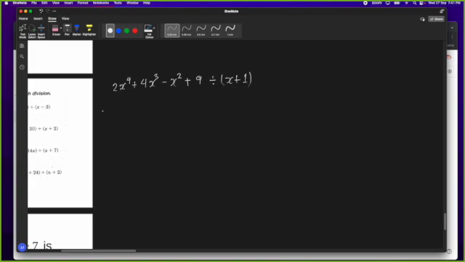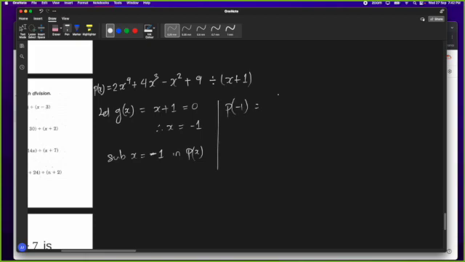time. So what I will do is let g of x equal x plus 1 equals 0. Therefore, x is going to be minus 1. Sub x is minus 1 in p of x. But where is p of x? So please state that this is p of x equals this. Yeah. So that means that p of minus 1 is going to be 2